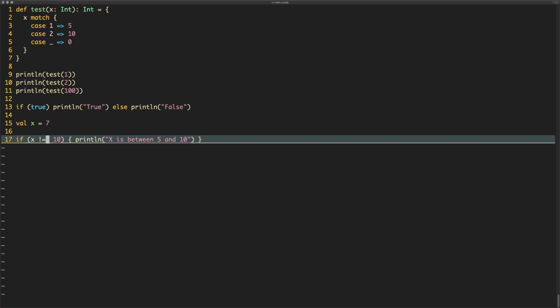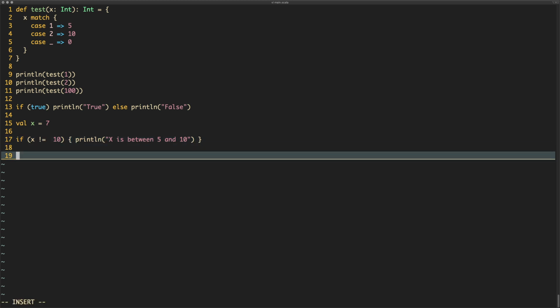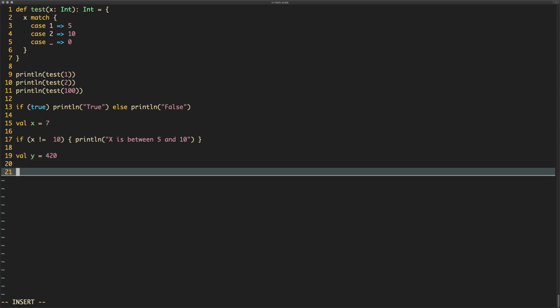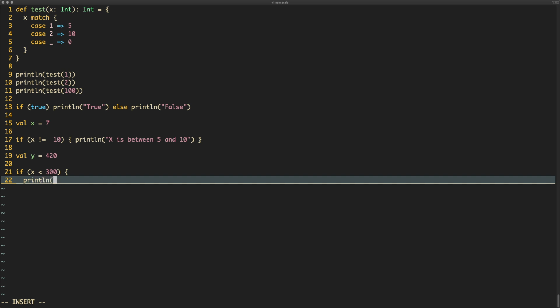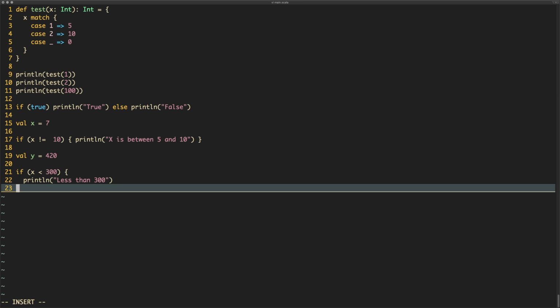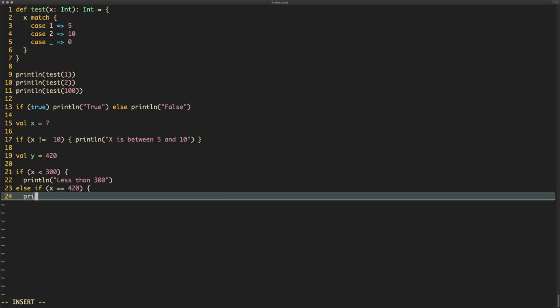So there are a few other things to consider. For example, what about the else if statement? Let's say, for example, y is equal to 420. We could say x is, let's say, less than 300. Then we want to print less than 300. We could also do else if, and we give it another condition. We could say x is equal to 420. We would like to println, and we could print nice,